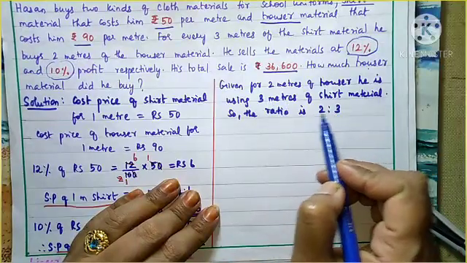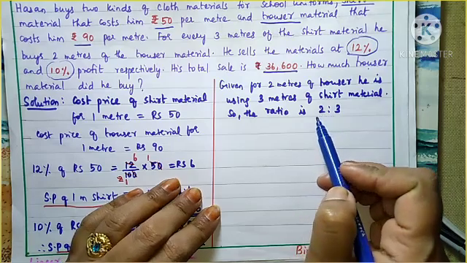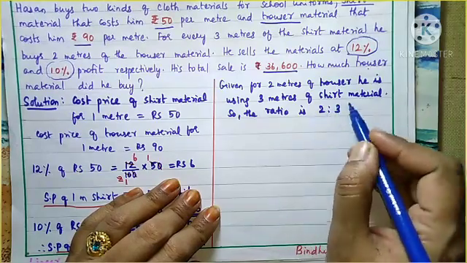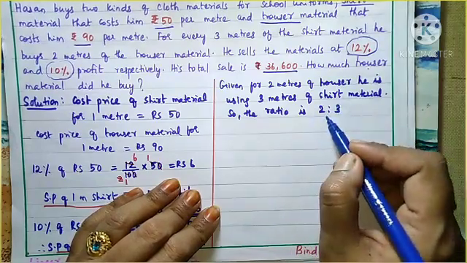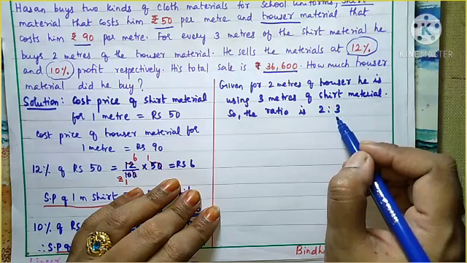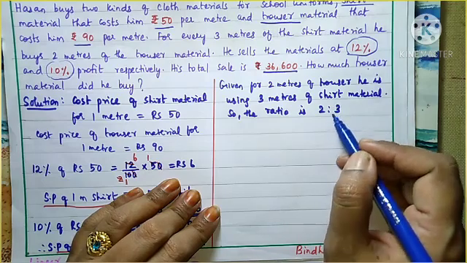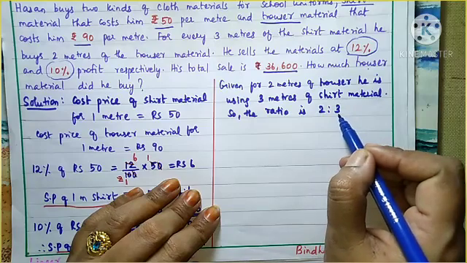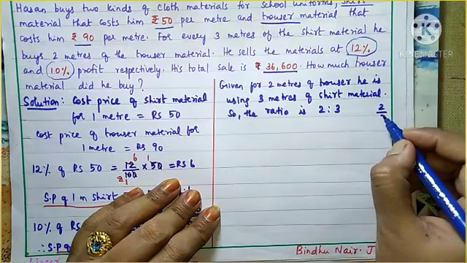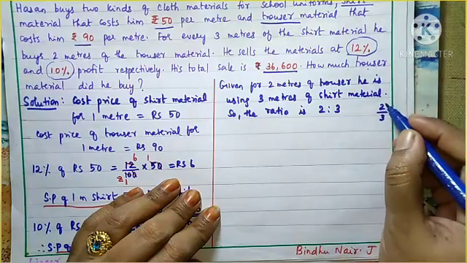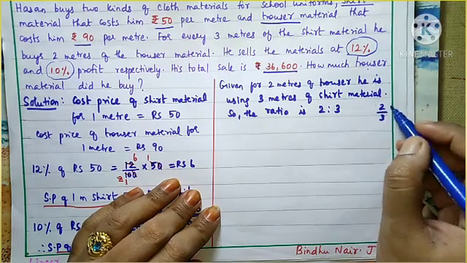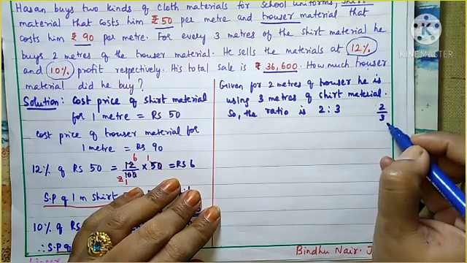So 2:3 is the ratio for all the uniform he is stitching. Now in earlier classes you studied, whenever a ratio is coming, you should understand that the first number is a multiple of 2 and the second number is a multiple of 3. Understand? So it has a common number there. It is the standard form. 2:3 means actually it is 2/3. Okay. So this is the standard form of the original fraction. So we need to find out what is the numerator and what is the denominator.